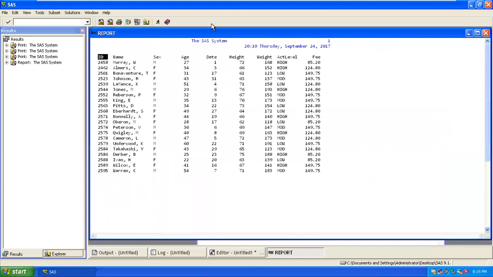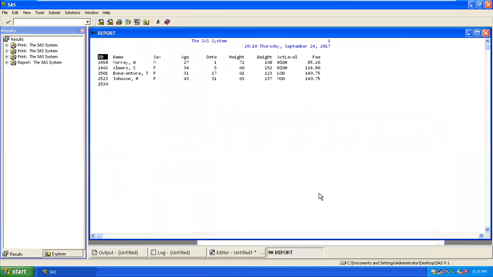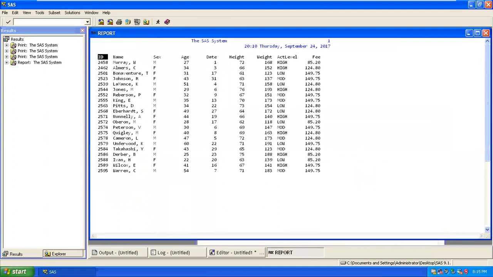I don't have any information about the first query. I have information about only the last query. So this is not useful. So always use NOWD.